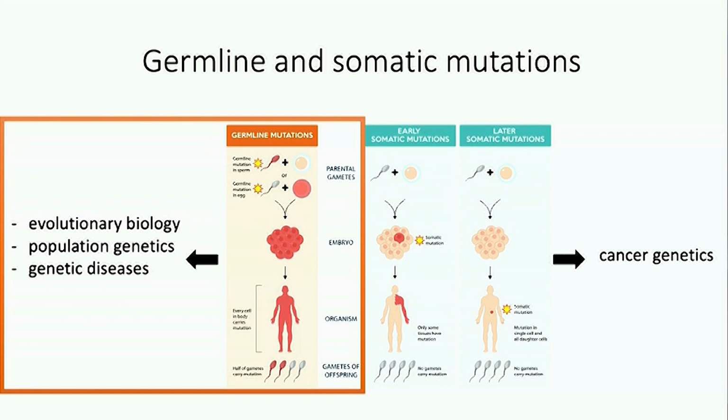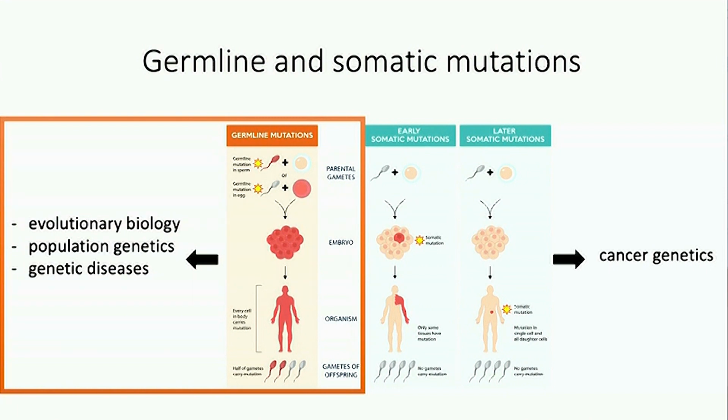In alternative to germline mutations, there are somatic mutations that occur in a cell in a body, can be inherited, but may affect a substantial amount of cells if it happens early in development. And germline mutations are very important for evolutionary biology and population genetics, because this mutation actually comes to the population